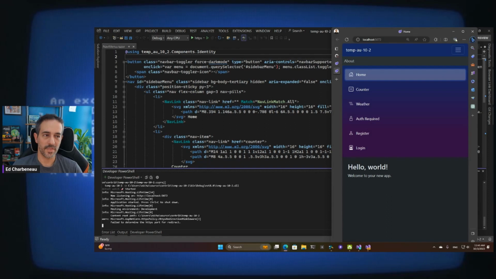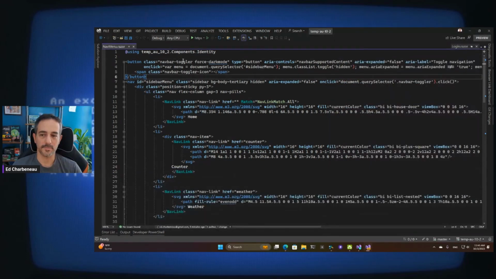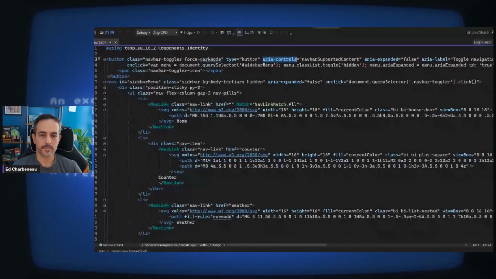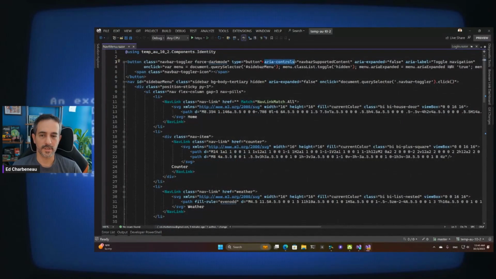So there's a couple things that have to happen that we can't perform with just a toggle checkbox. It has to be a button to get the right cues. It has to have the ARIA controls attribute on it. And what ARIA controls does, it tells the screen reader that this button element that has the ARIA controls on it